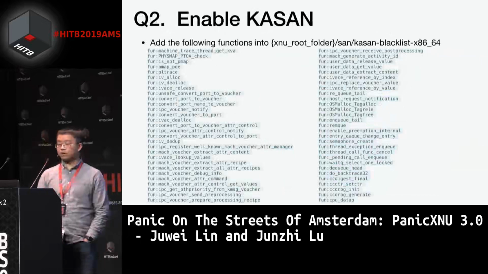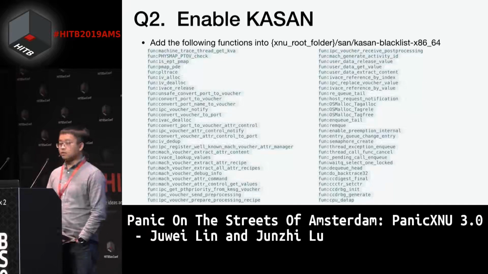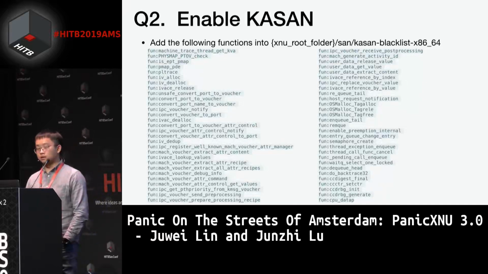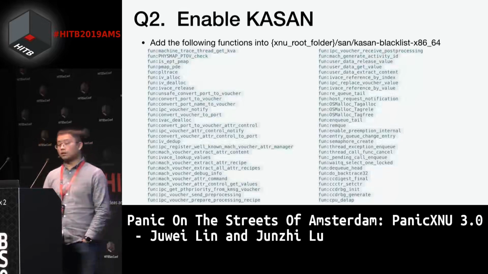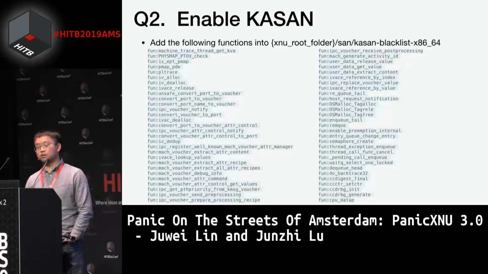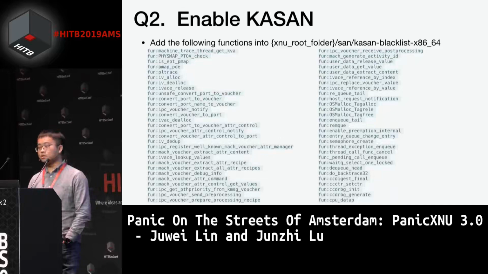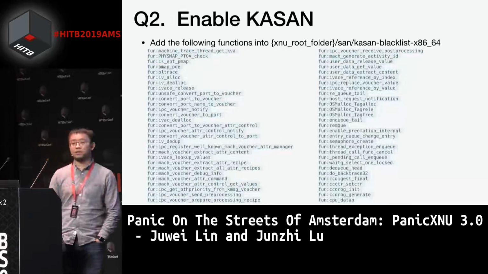Question 2, how to enable KASAN? You may download the source code of XNU and compile it in release mode, debug mode, and even KASAN mode. If you try that in KASAN mode, you can get the kernel bin output. But if you try to boot your machine with the KASAN kernel, you may find that it can't